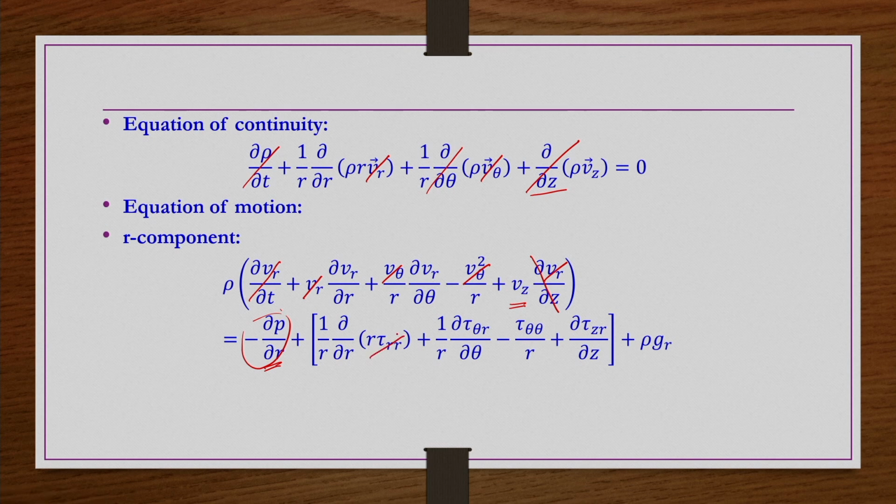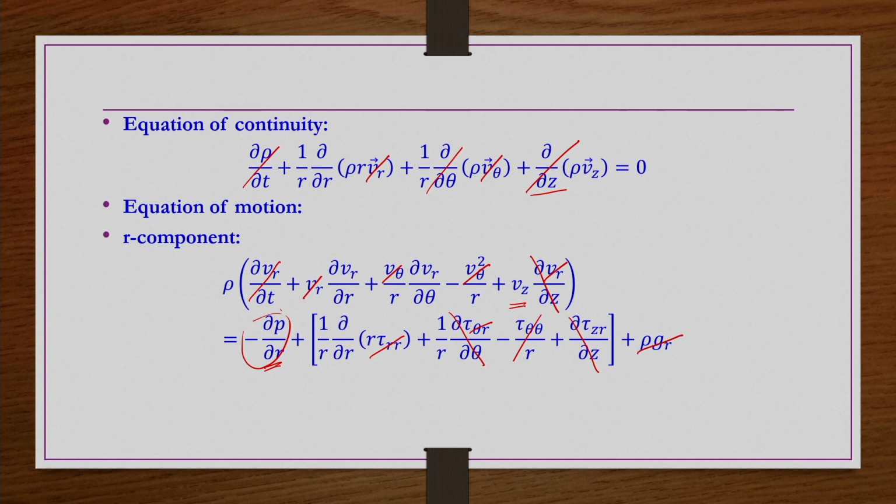Then only tau rz exists for this case, while tau rr would be a function of Vr only, so that is cancelled out. Because of symmetry, this one is cancelled out, and tau theta r is also not there. Tau theta theta would have terms of only V theta, which is 0, so that is cancelled out. Similarly here, because of the fully developed flow, dou by dou z of anything is 0, so that is also cancelled out. And we have taken a horizontal tube, so this gravity term is also 0.